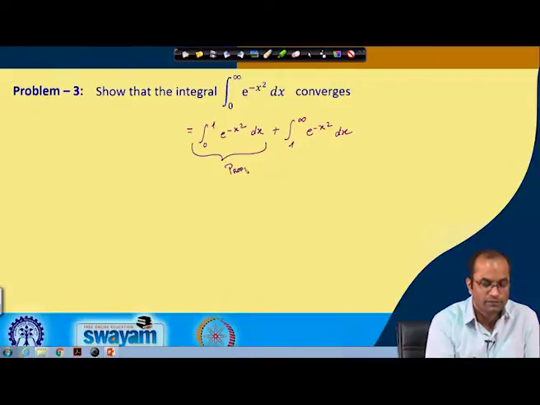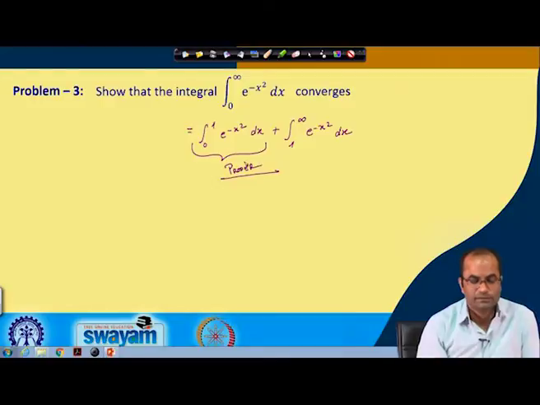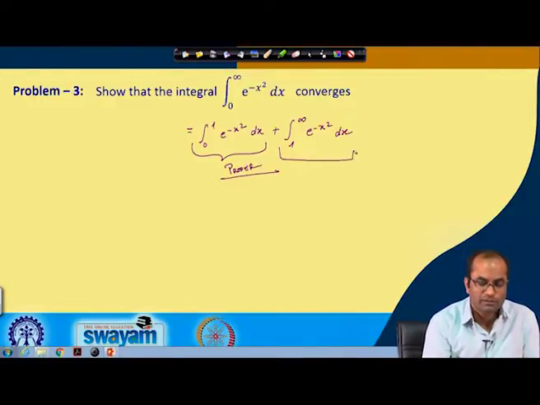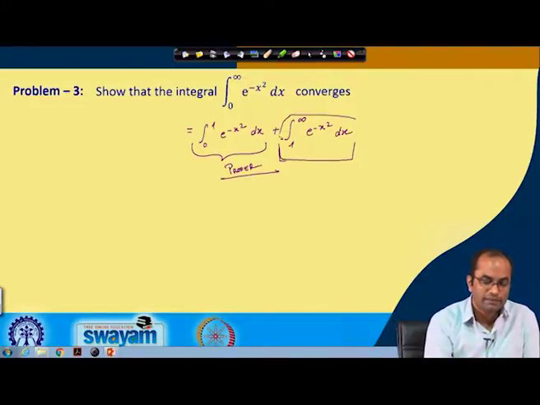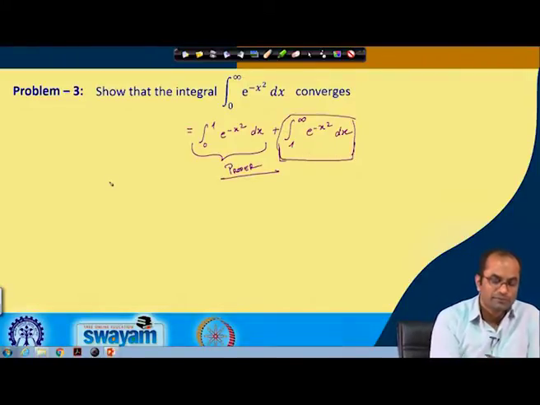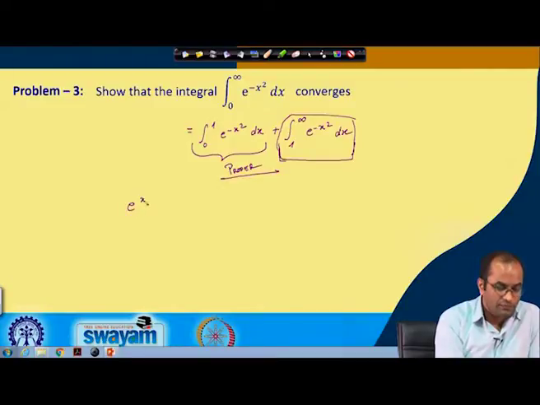So, this is a proper integral, that means we have a finite value of this integral. Now, we will discuss only this integral here. So, if it is a convergent integral, then everything will converge. If it diverges, naturally the given integral will diverge. So, here now to apply the comparison test, what we observe now, that this e power x square, if we